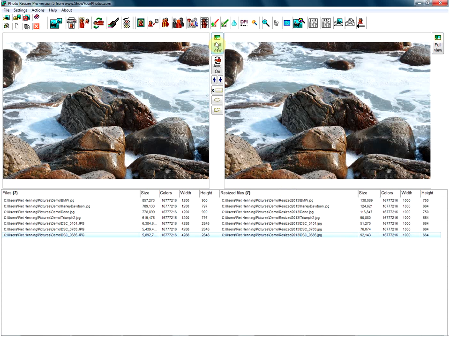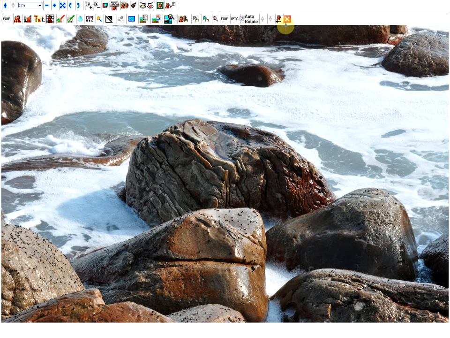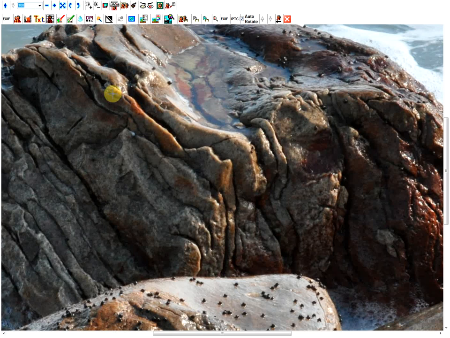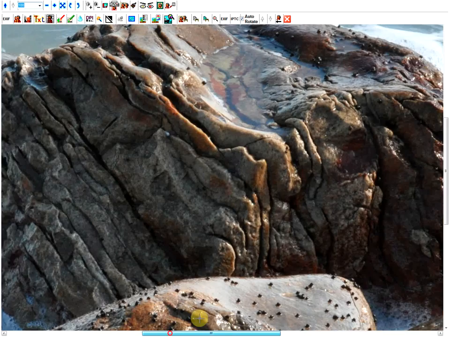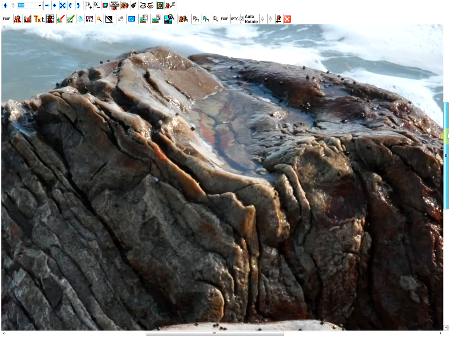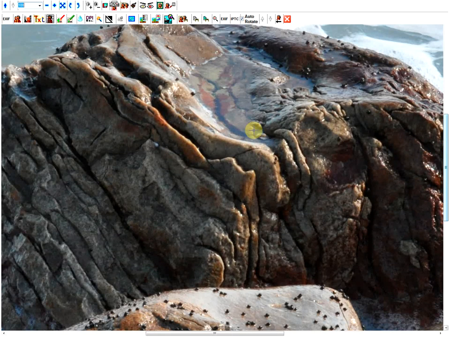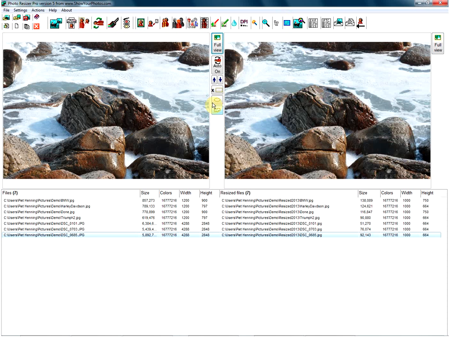Quick overview of the tools in the middle. Clicking on the full view will give you full view, and you will see that it's only 33%, and if you make it 100% you can scroll up and down with these scroll bars, and you have a lot of tools here. We'll get to that later. Also in the middle are buttons to scroll up and down,